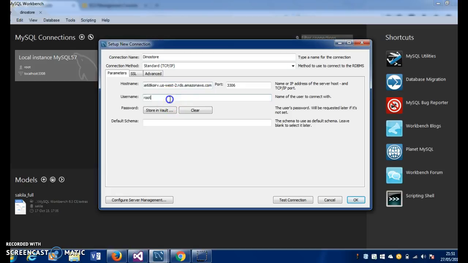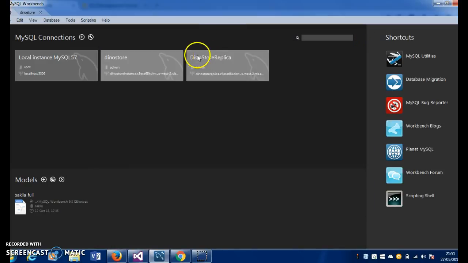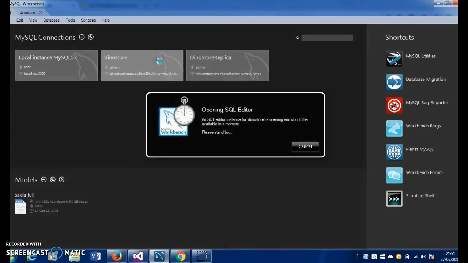After that you give the username and store your password in the wallet, and then you click on test connection and then click on OK. But we already created this one, so we don't need to create it again, but I can show what happened next. I open my DynoStore connection,